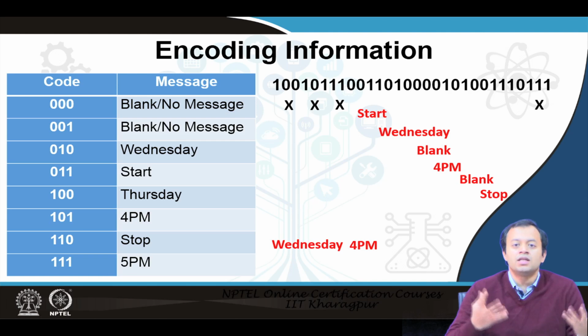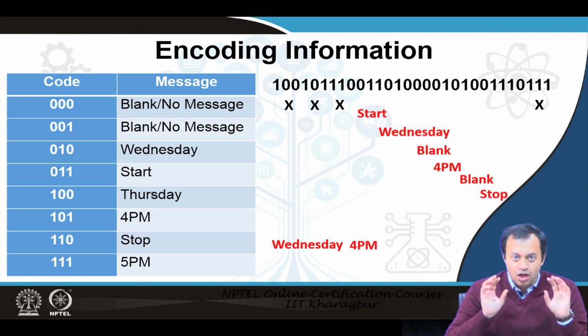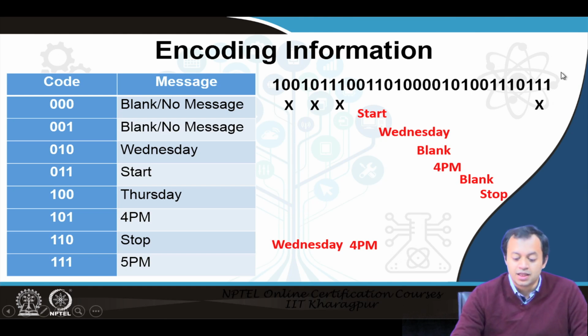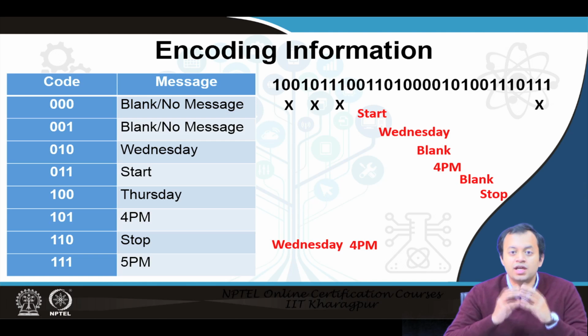What does it have to do with DNA coding? Valid question. Imagine: what is a gene, what is a genome, what is DNA. If this entire stream of data, 100, 101, 110, this entire stream is DNA, then the part between start and stop, the one which got decoded, the one which actually gave you meaningful information, which actually gave you something to do, is the gene.